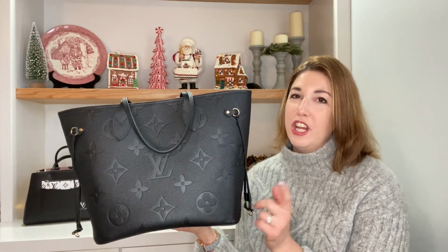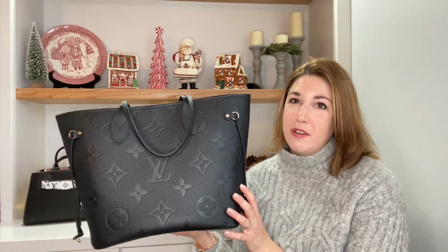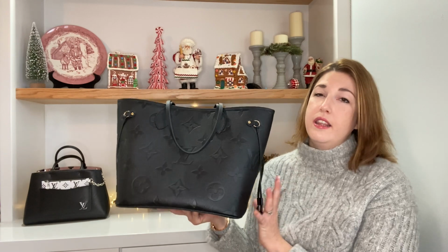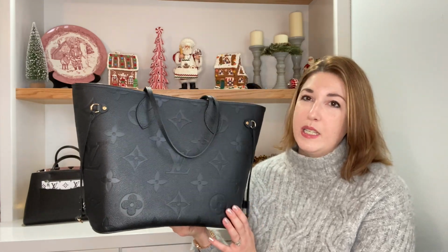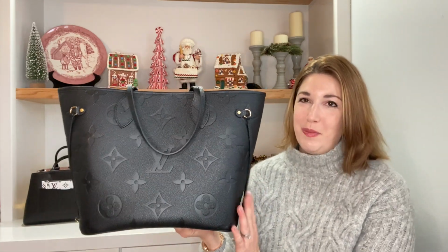This was an exchange. I originally purchased this last year in the turtle dove color. Unfortunately, around the base of the bag, the leather started to yellow, which was a known issue with the Neverfull in that color. I initiated a repair with Louis Vuitton. When they evaluated my bag for repair, they deemed that it was not repairable, so I was given the option to exchange it, and I opted to get the black color instead. So this is relatively new to my collection,